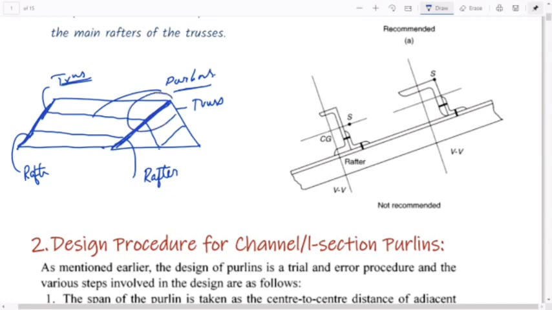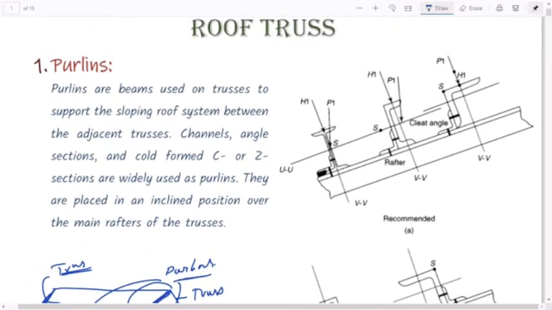And let me just take this alone. This is how it is going to look, isn't it? So this is the inclined rafter, and this is nothing but purlin. And these purlins can be of any section, channel section like this. Second one, this is channel section, or angle sections like this, or any C or Z sections, and even I sections also. Of course, these are joined to the rafters by weld, by using a cleat angle, or by weld connection.